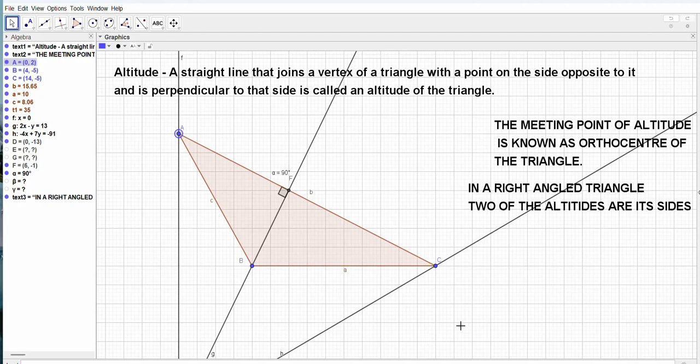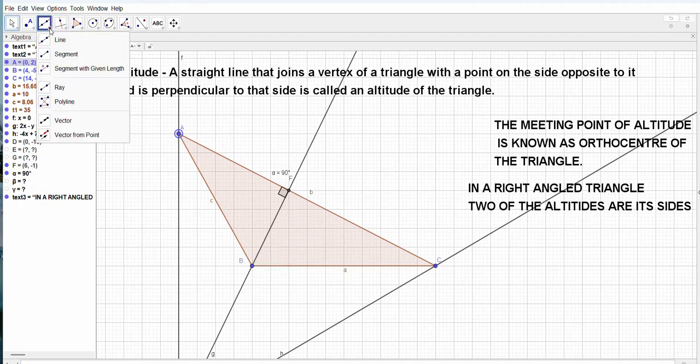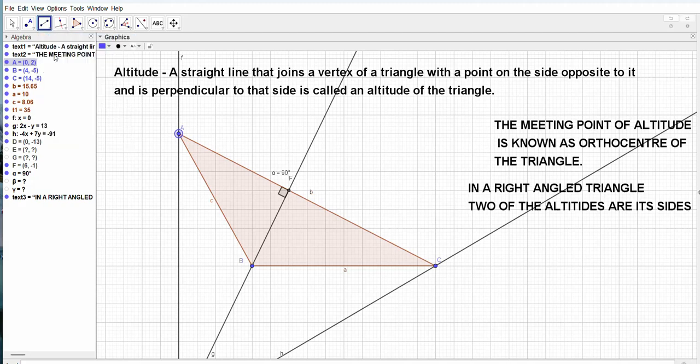And as I already said, an altitude will make a 90-degree angle, isn't it, on the opposite side. So from vertex A, now you see the opposite side is BC. Now where it is making 90 degrees, to show the 90-degree angle, what we can do, we can extend the side BC over here. Okay, I've extended the side, and let me put it using a dotted line, and you can see here very clearly, here it is forming a 90-degree angle.